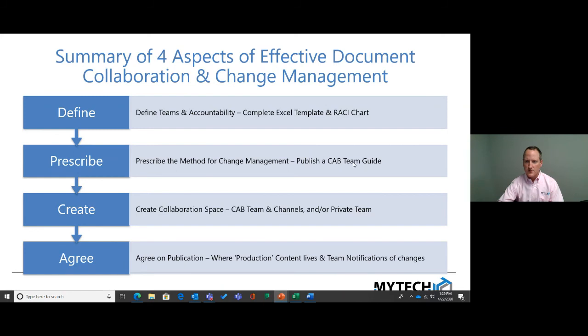So I'll share the published team guide as well as the one-page PDF of our process. Create the right collaborative space based on your definition and how you prescribe that, and then agree on where you're going to publish certain content. So where should production content live, and how do you want to make sure that you're either doing team notification of changes or training your team if it's a significant enough change to warrant that? So with that said,